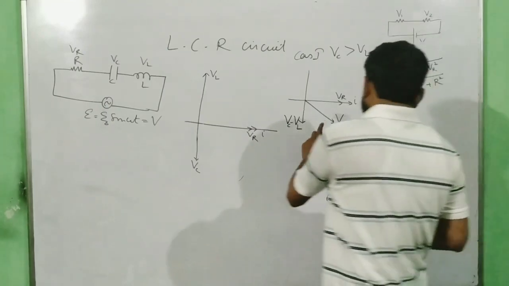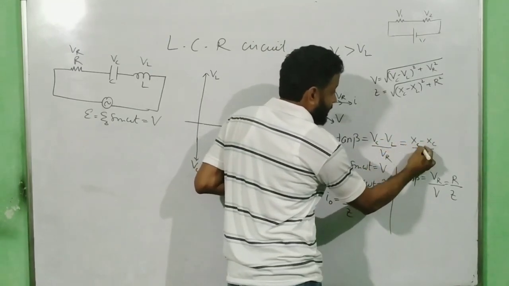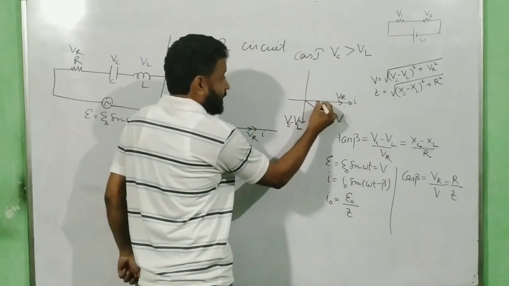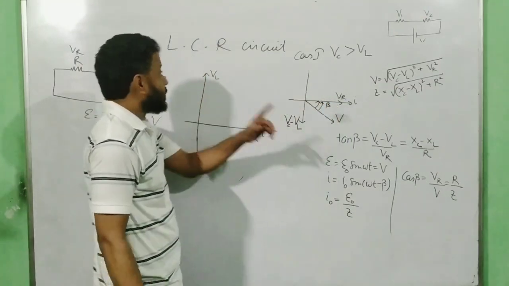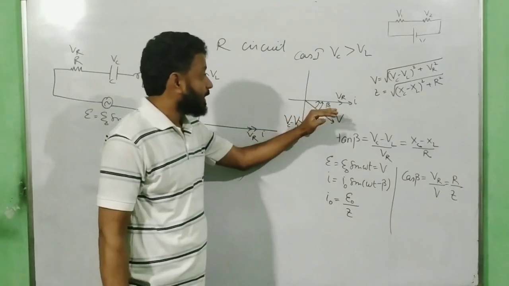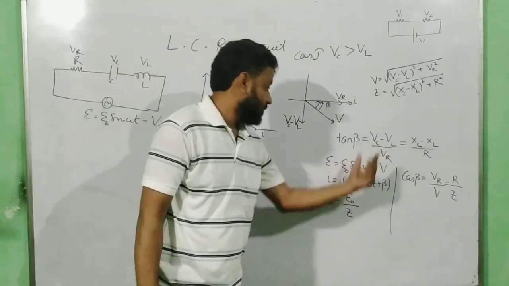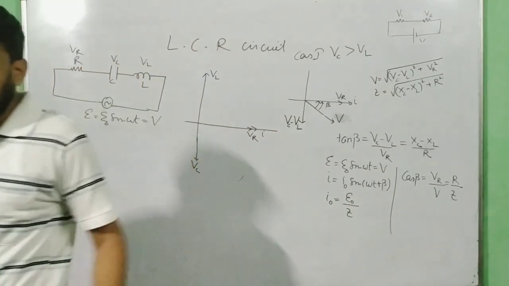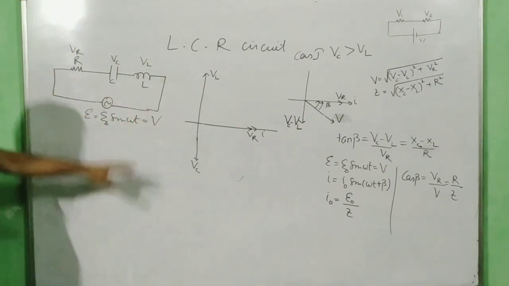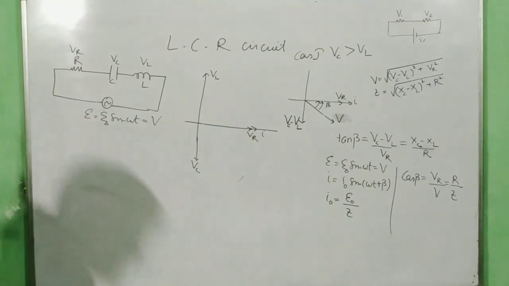Same thing over here. And what about tan beta? Tan beta here will be equal to XC minus XL over R. And now you can see what has happened to the current. When the potential across the capacitance is more than the inductance, the current leads the voltage by beta. So I will put a plus sign here. And how to find tan beta? We know the current is E naught by Z. So this is the second case: current leads the voltage when your VC dominates, or the voltage lags the current, whichever way you say.